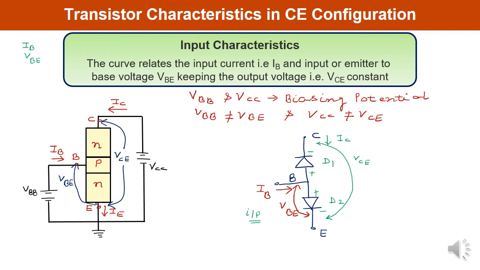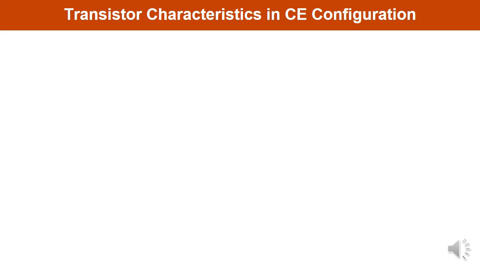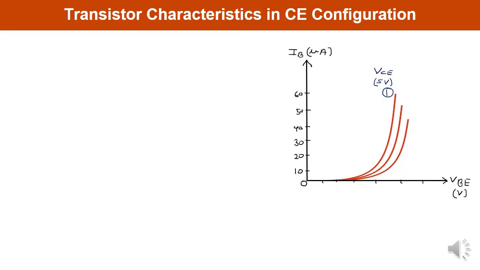First, since we are discussing the input characteristic, you need to understand the early effect or base width modulation. Here you can see this particular curve being plotted, the input characteristic between IB and VBE. The value of IB, the base current, is usually very small, of the order of microamperes, and VBE is the input voltage between the base and emitter terminals. You can see this diode is forward biased, so the characteristic curve will be the same as the forward bias characteristic curve of a PN junction diode.